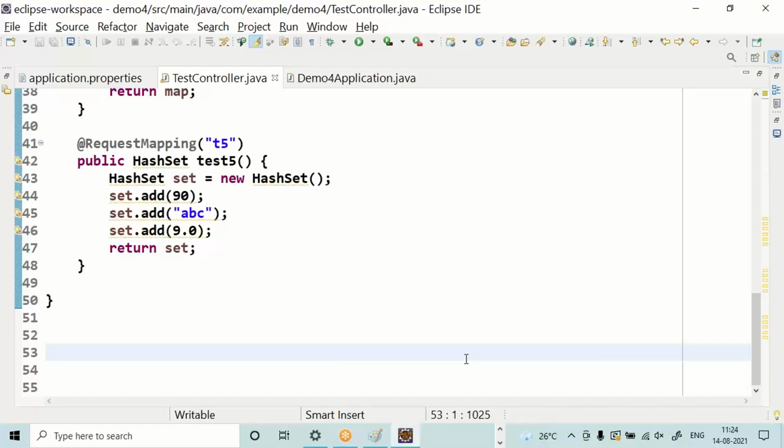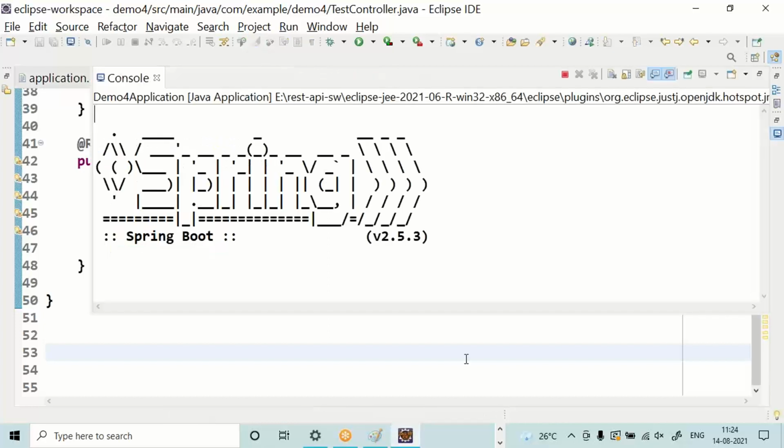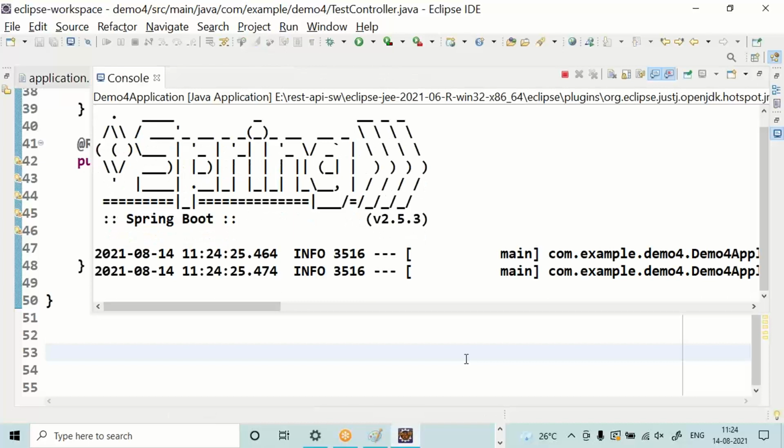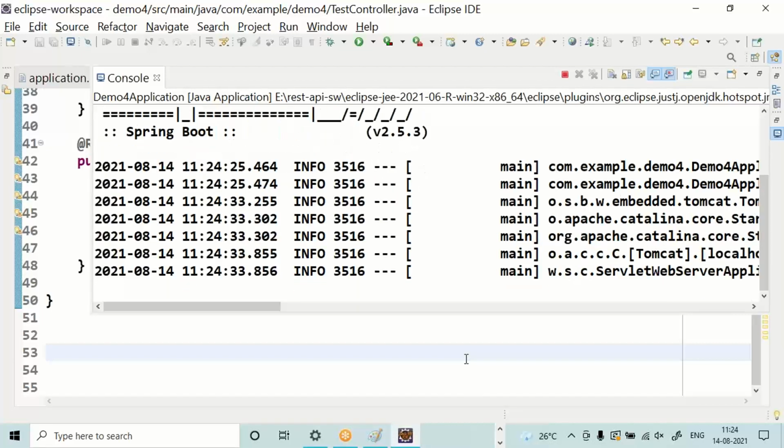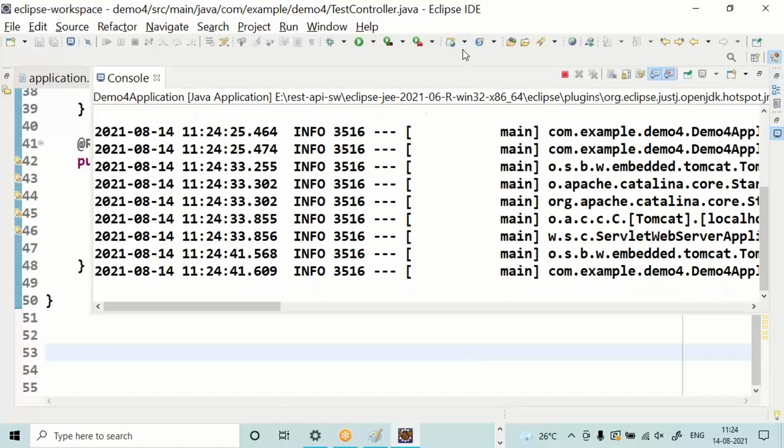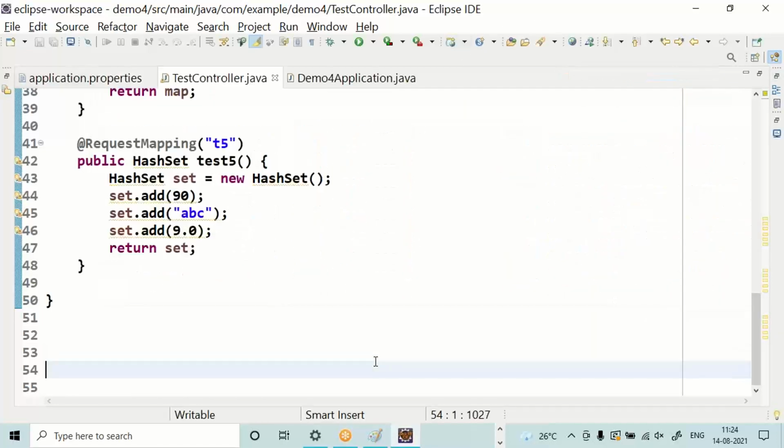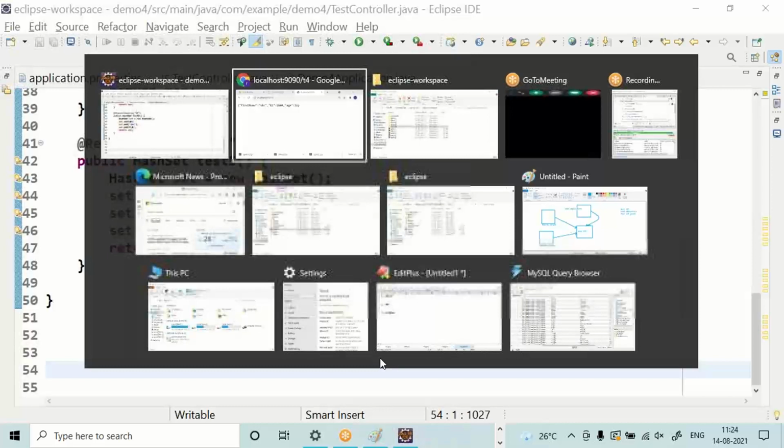Control F11. Open a browser, give a call to T5.